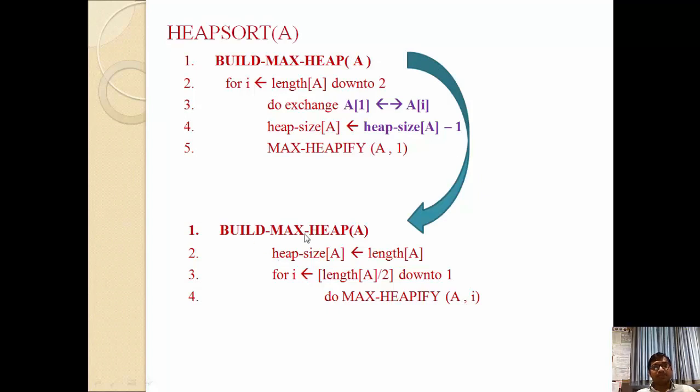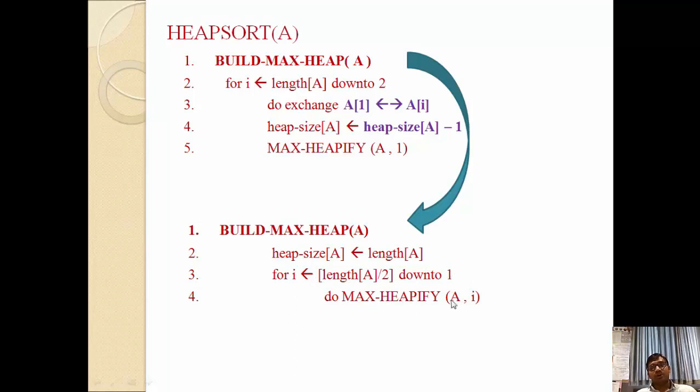And inside this build max heap function, the first step is we need to identify the length of the tree. As we discussed, when we start to make the max heap tree, at that time we need to start from the half of the tree. So we need to identify which one is half. We have to start from i equal to length of A divided by 2. The total length is, for example, 10. Then 10 divided by 2 is equal to 5. So we need to start from 5 up to 1. 1 is nothing but our root node, right? So we need to start from the half of the tree up to the first node, or we can say the root node.